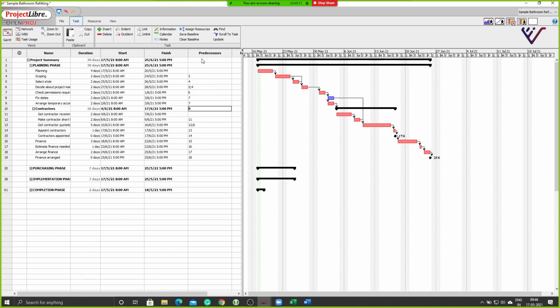One is you manually feed them here. So it will tell you which activity is bound by which other activity. Or the other way is by graphically clicking inside the activity and pulling it to the next activity which you want to connect it with. Make sense? Yes, sir. Yes.